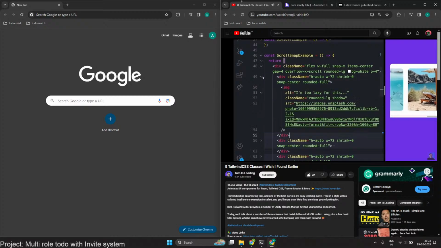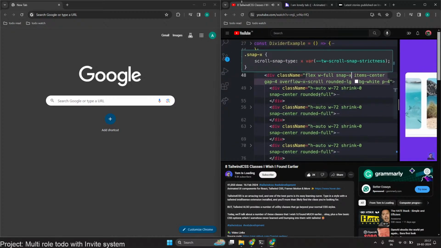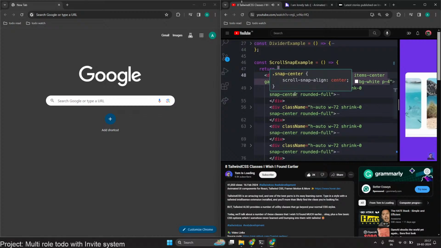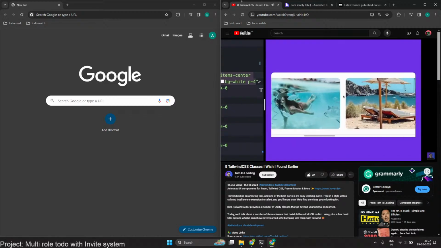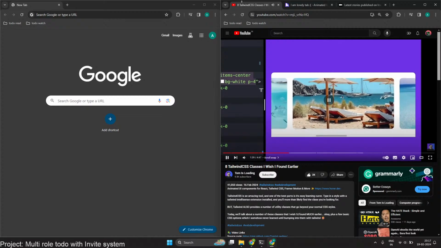and then inside of that a number of divs which also have images inside of them. And I've added a snap of X to the containing div as well as a snap of center to each of the individual divs inside of it. And that's what actually gives us the center snapping behavior. You can also do snap start, snap end. I'll allow you to play with that, but for now,